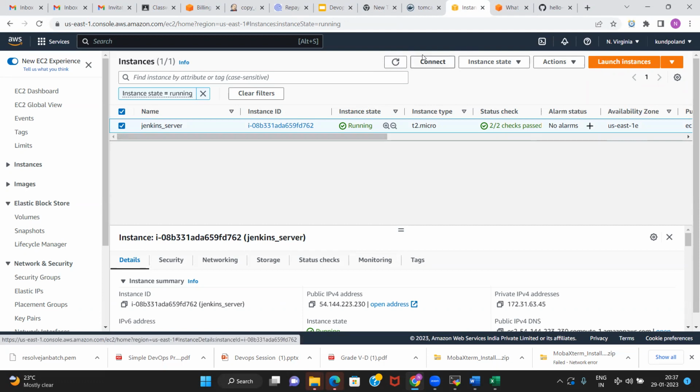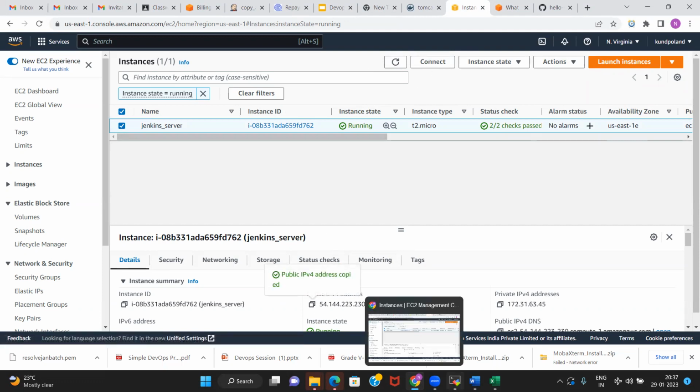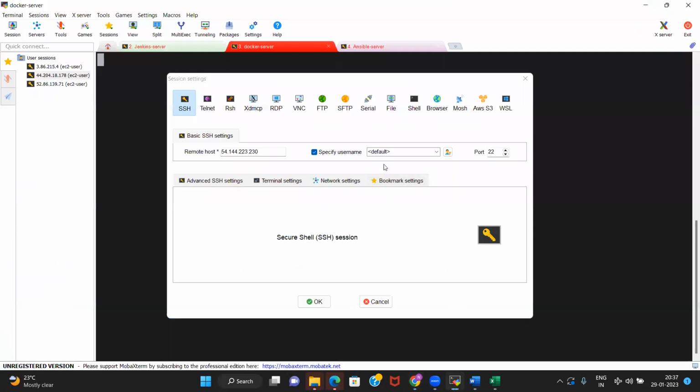So we are not connecting from here. We will be opening MobaXterm, and we need to put the username. When an AWS EC2 instance is created, there are just two users: the root user and EC2-user.